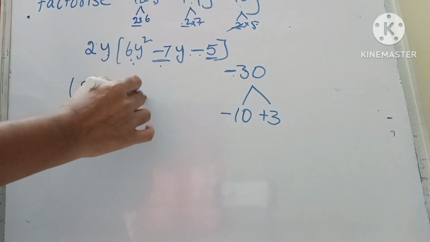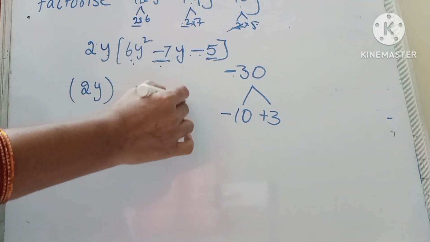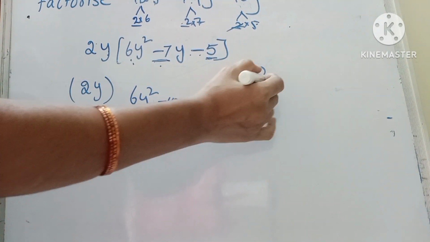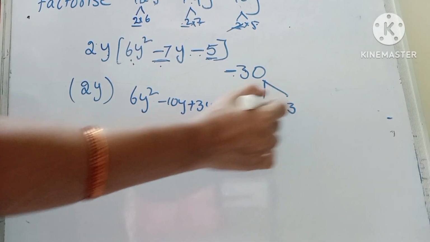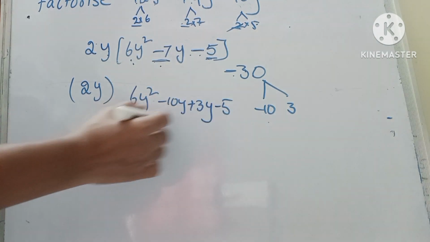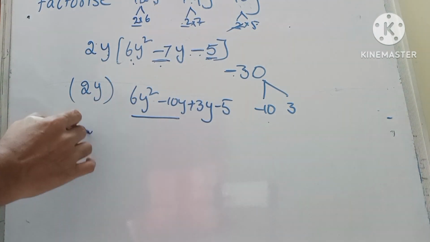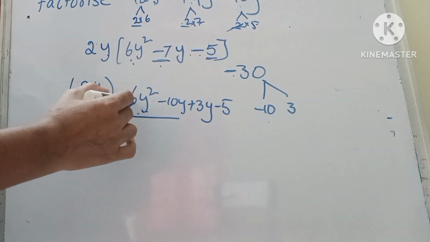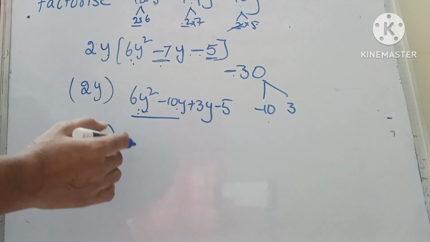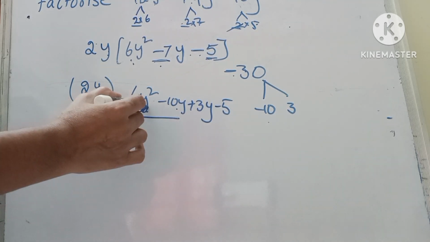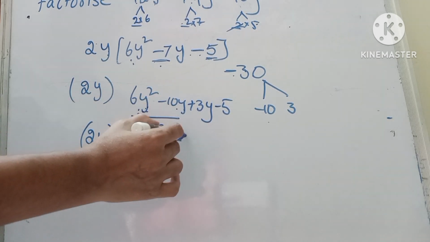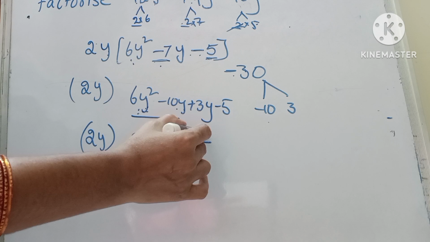So this can be written as 6y square minus 10y plus 3y minus 5, minus 10 and 3, so minus 5. Now factorize this. In the first two terms, the common factor is 2y. Both 6 and 10 are even numbers, divisible by 2, and y square, y is a common factor. Then 3y minus 5 plus,